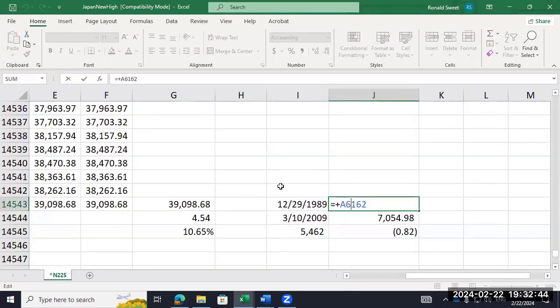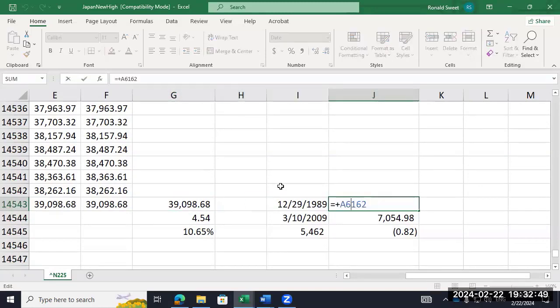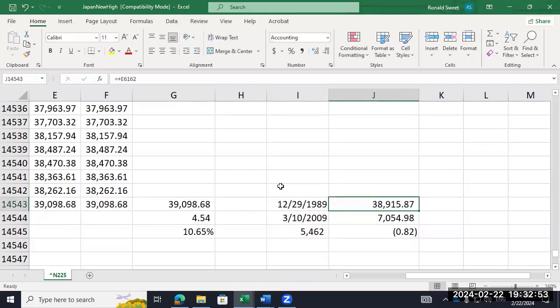That's it. But oh, it's the wrong column. Just a second. Column E. That's the date. So on that date, it hit 38,900. Amazingly, which is still hard to fathom, the Japanese stock market for a brief period of time was larger than the US stock market. Can you believe that? Not anymore, but for just, I don't know, like 7 seconds or something, it was larger, which is phenomenal.